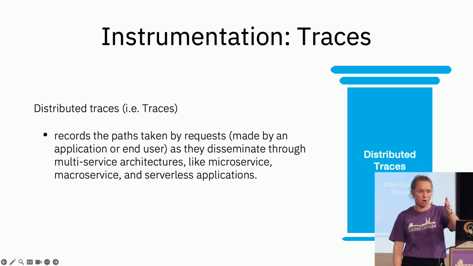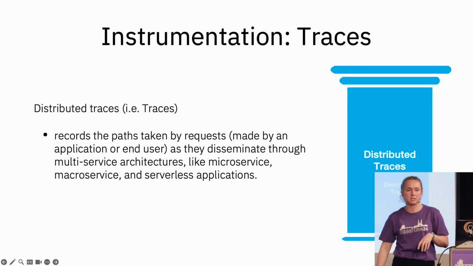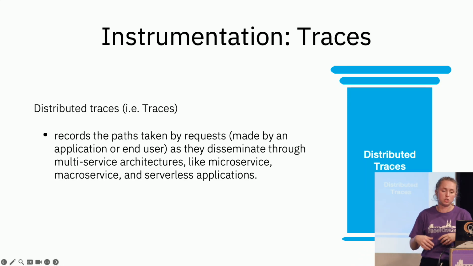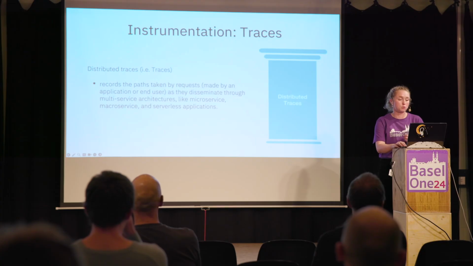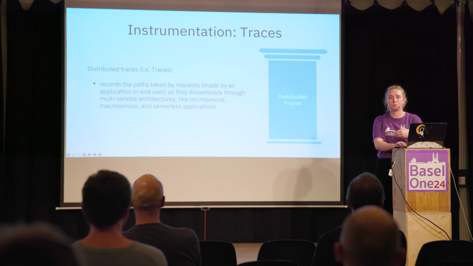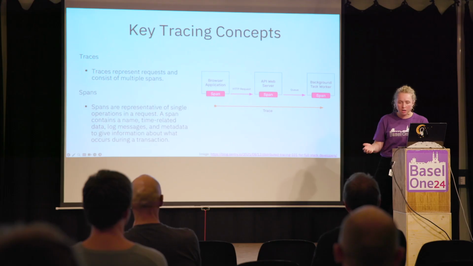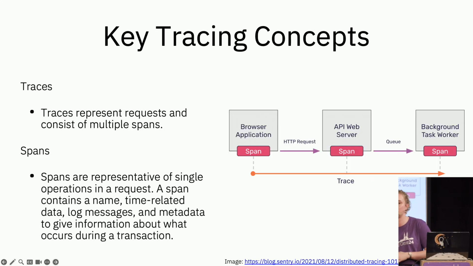So how does it go from the start, when a user requests it, or say another microservice requests it, all the way through to the end? What microservices are involved? What happens? Understanding all of that is what allows us to provide that additional context. So it's a monitoring technique that really links the operations and requests occurring together in a distributed environment. So it is a really important third pillar that adds that additional information on top of logs and metrics. Now, there are some key concepts to understand before I dive into a demo of tracing,